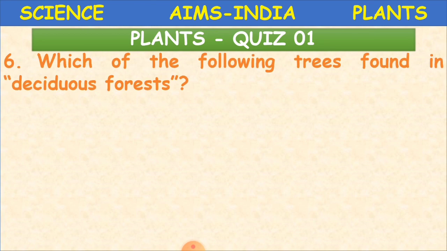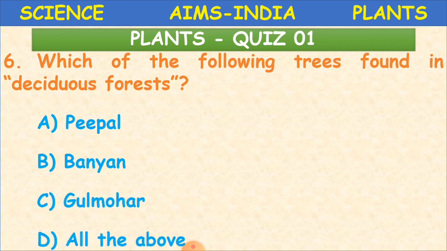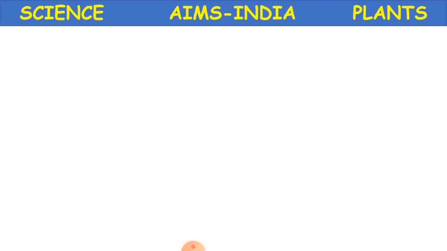Which of the following trees are found in deciduous forests? So you have to name the tree which is found in deciduous forest. Example, peepal, banyan, gulmohar, or all the above. Which type of tree do you find in deciduous forest? And the answer is all the above. We find peepal, banyan and gulmohar. Okay, children? The next question is,